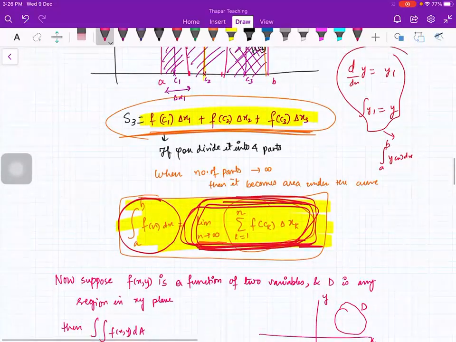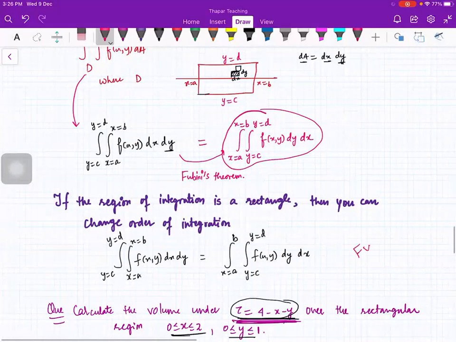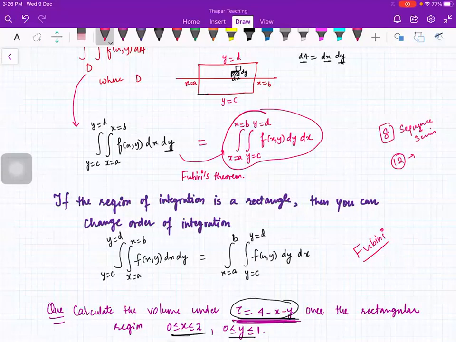Ma'am, like we have done from chapter 1 to 12. No, beta. Only chapter 8 and 12th chapter we have done. Okay, ma'am. And then we are doing chapter 13, since we have already done chapter 12, which is functions of more than two variables. Basically, derivatives we have discussed. Now we are doing the integration for that.